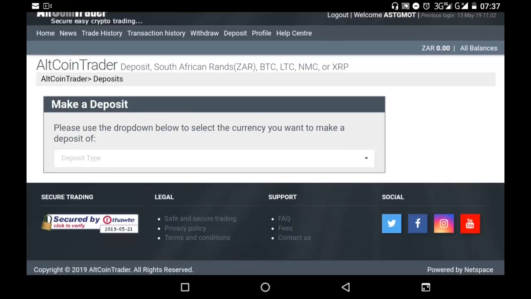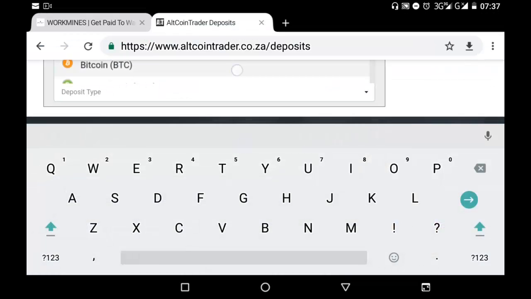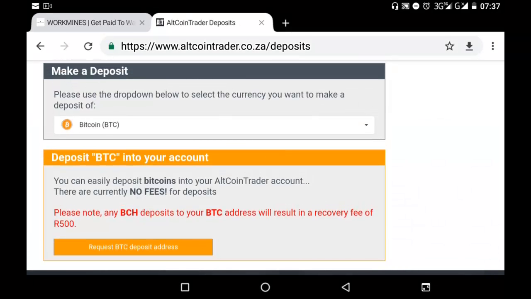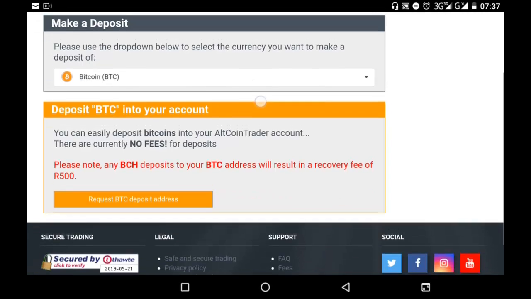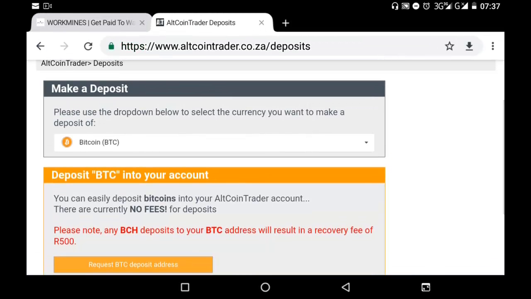For deposit type, you obviously want to select Bitcoin. You select your Bitcoin, so you can easily deposit into Altcoin Trader. Please note, make sure you deposit Bitcoin, nothing else. Then you request your BTC deposit address. Once you get it, you go